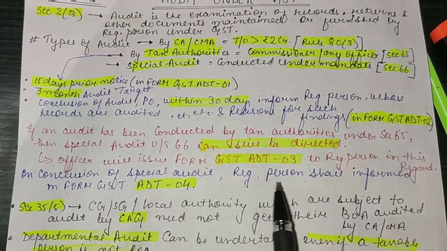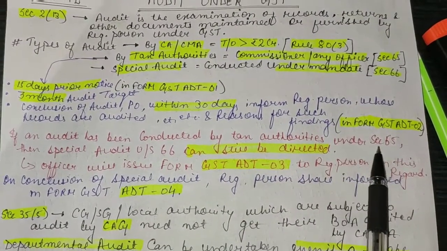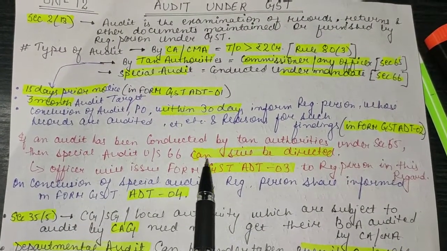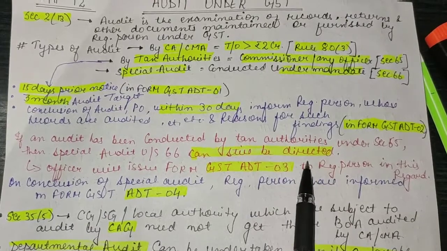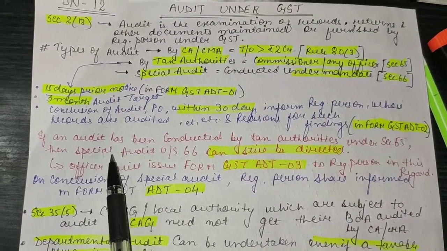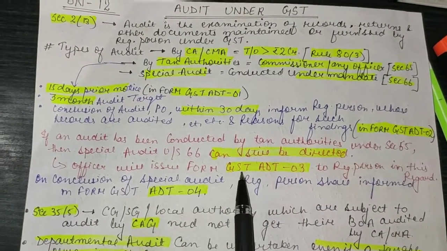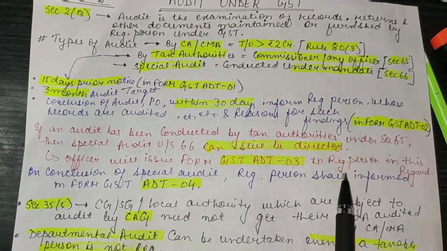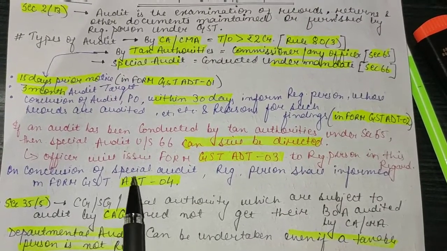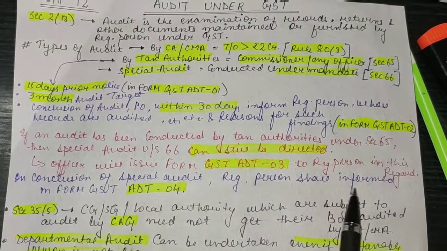Now one main thing is to be remembered, that if an audit has been conducted by tax authorities under section 65, then also special audit under section 66 can still be directed. So this is one important point that is to be kept in mind. For conducting special audit under section 66, the officer will issue form number GST ADT 03 to the registered person in this regard. And then on the conclusion of that special audit, that particular registered person shall be informed in the